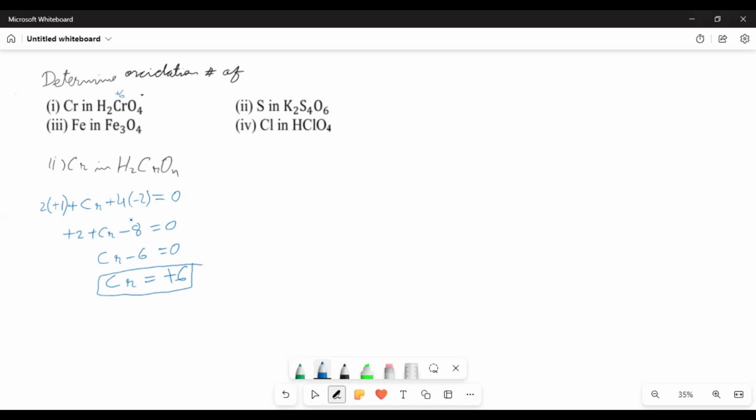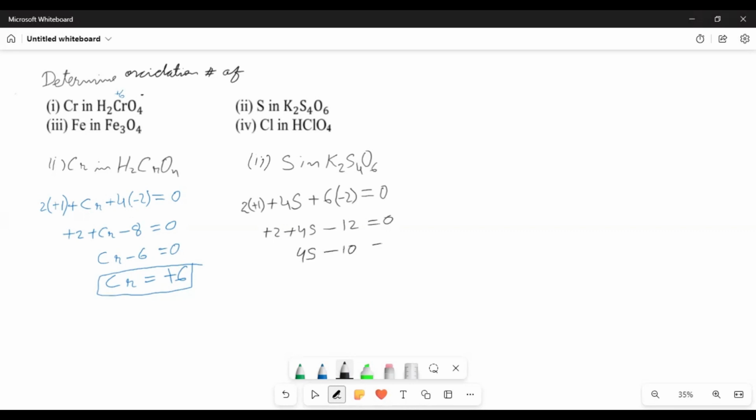Similarly, in this case, there is sulfur in K2S4O6. Again, it is a compound, not an ion, and a compound has no charge, so 0. There are 6 oxygens, oxygen is -2. There are 4 sulfurs, you can write 4s or 4x, and 2 potassium, which means 2 multiplied by +1. So it is +2 + 4s - 12 is equal to 0, and here +2 and -12, so it is